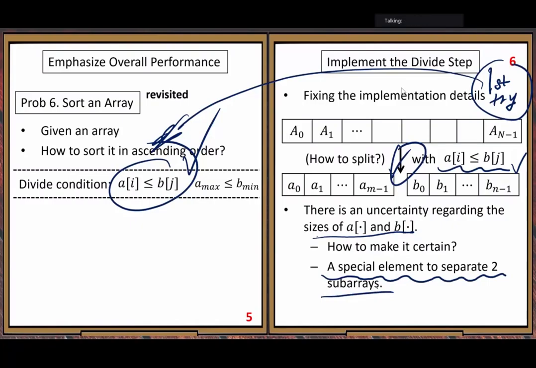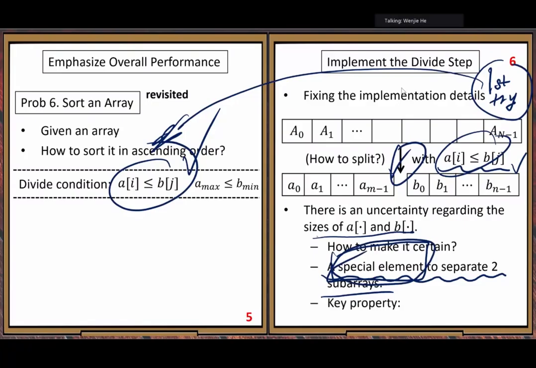How to pick one special element that we could use to separate, so that after we separate these two, we have this property? You need to imagine there is some special object you need to use.